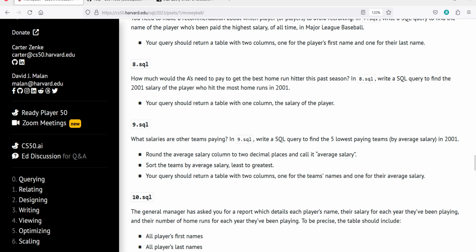How much would the A's need to pay to get the best home run hitter this past season? In it, write a SQL query to find the 2001 salary of the player who hit the most home runs in 2001. Your query should return a table with one column, the salary of the player. Here we are gonna use three tables. Why? We need the salary, so we are gonna use the salaries table. We need the hit, which is in the performances table,